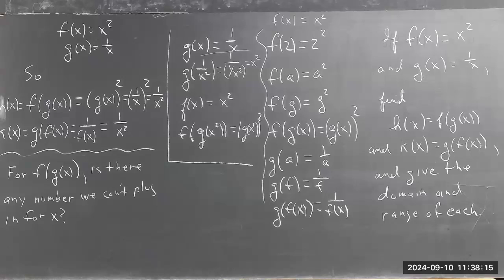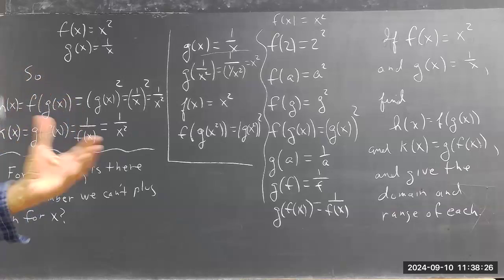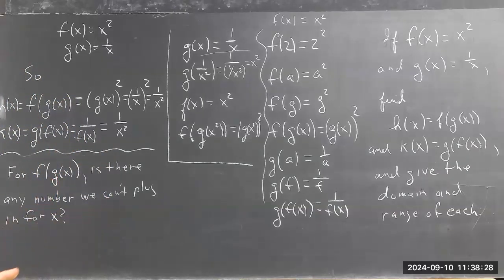Can't plug in 0 because 1 over 0 means 1 divided by 0, which means how many zeros does it take to count to 1? How many zeros does it take to make 1? You can't do it. It's undefined. Does not exist. Okay? And you want to understand that because people still, no matter how many times I say that,